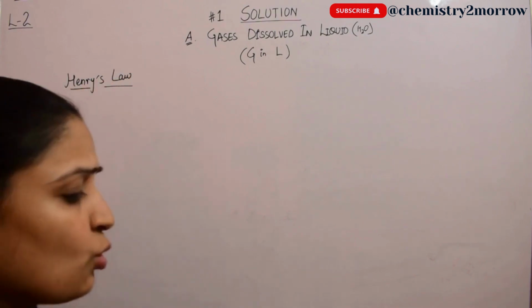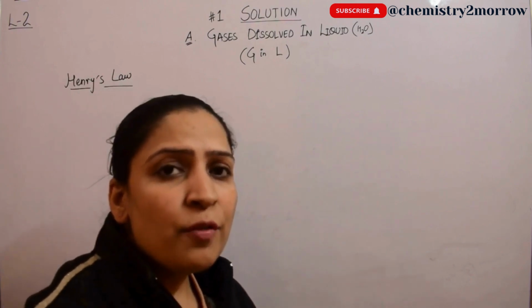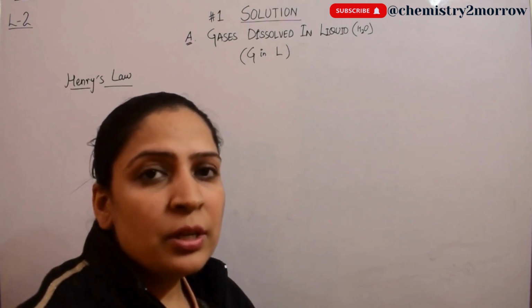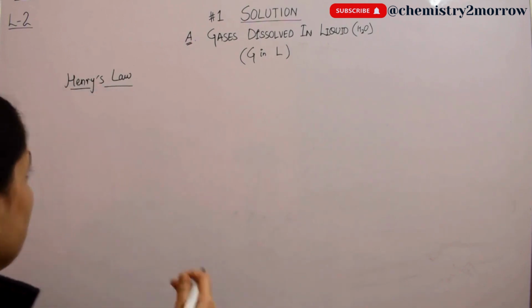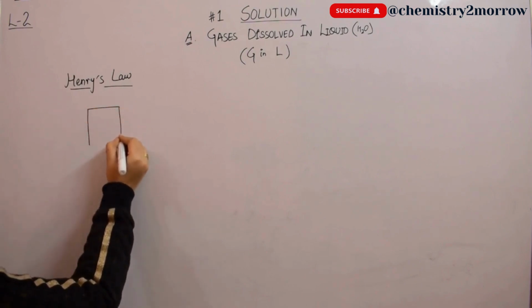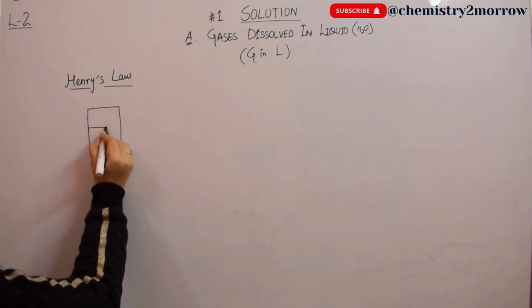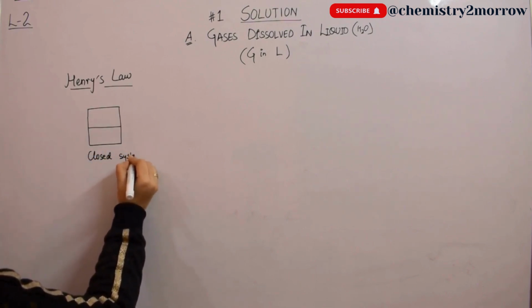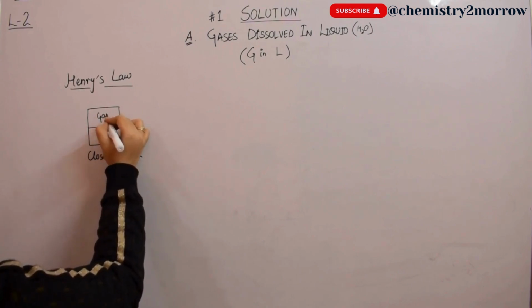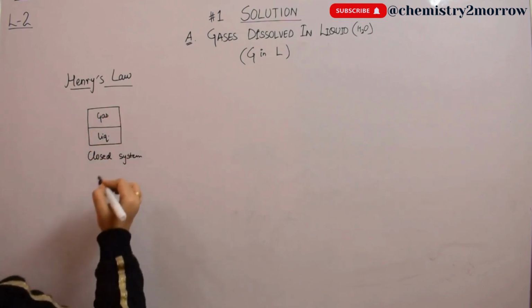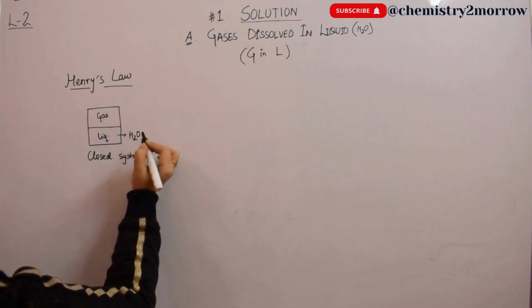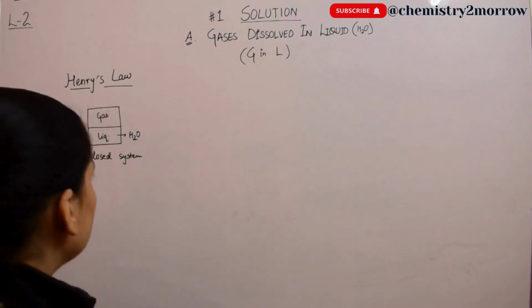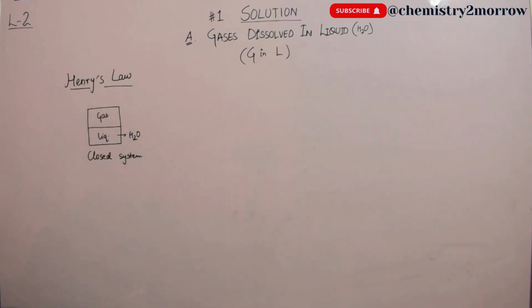And he explained the solubility of gases in terms of its concentration in water versus the pressure over water as a liquid phase. So obviously this kind of a system we are studying in terms of a closed system or closed container. So here it is gas and here it is liquid. A liquid we are considering as water and gas can be anything. It can be pure or a mixture of gases. So it can be a binary or ternary solution depending on what gas we have taken.